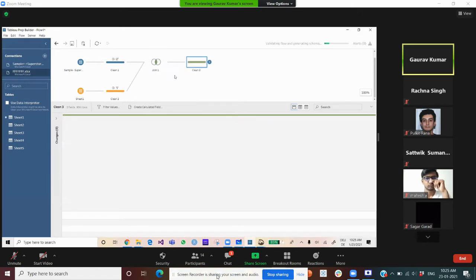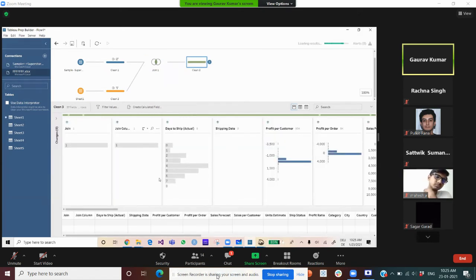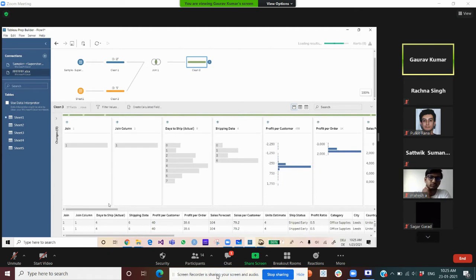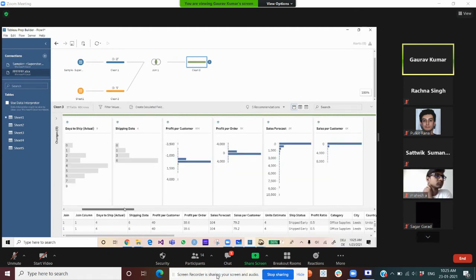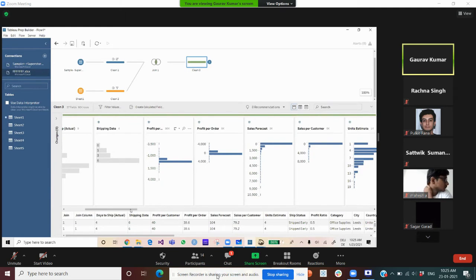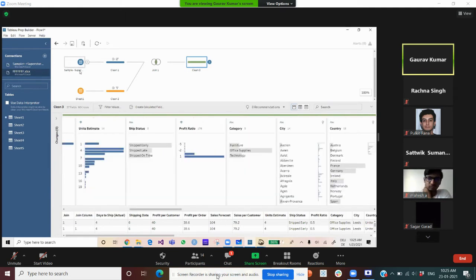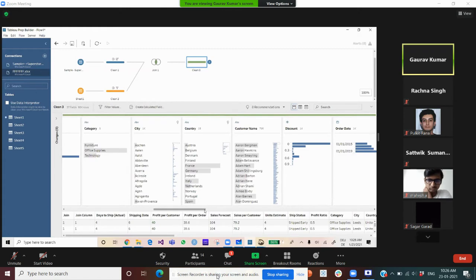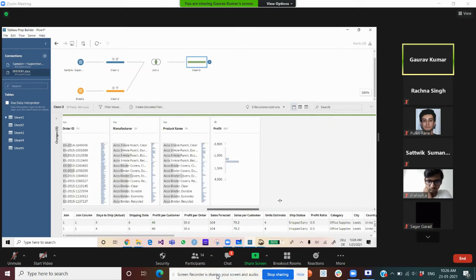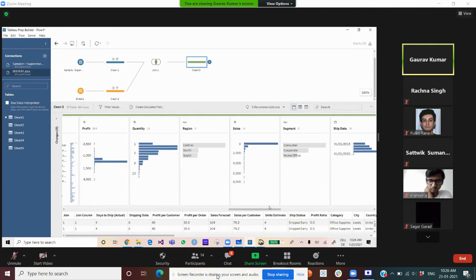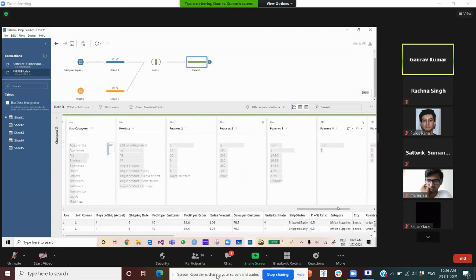Now when we want to see how the data will look after the join, just do the clean step, and you will be able to see that both of the data sets are now joined. For example, as I showed you, shipping data, profit per customer, and this data is from the sample superstore dashboard. How to know whether a column is from this data or not? This sheet has an orange color, so wherever the orange color starts, it says that particular column is from sheet one, and this green color says that it is from superstores. I will just show you where that is.